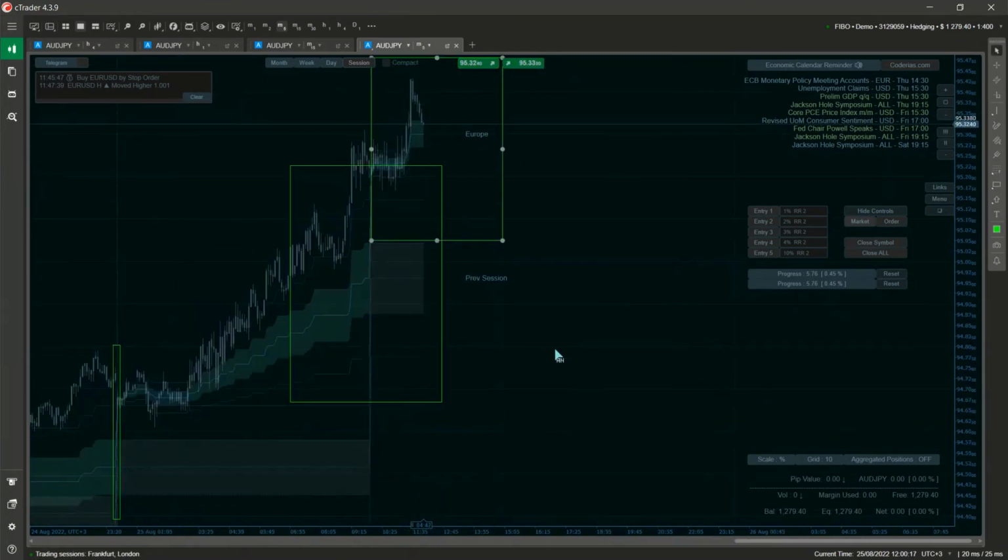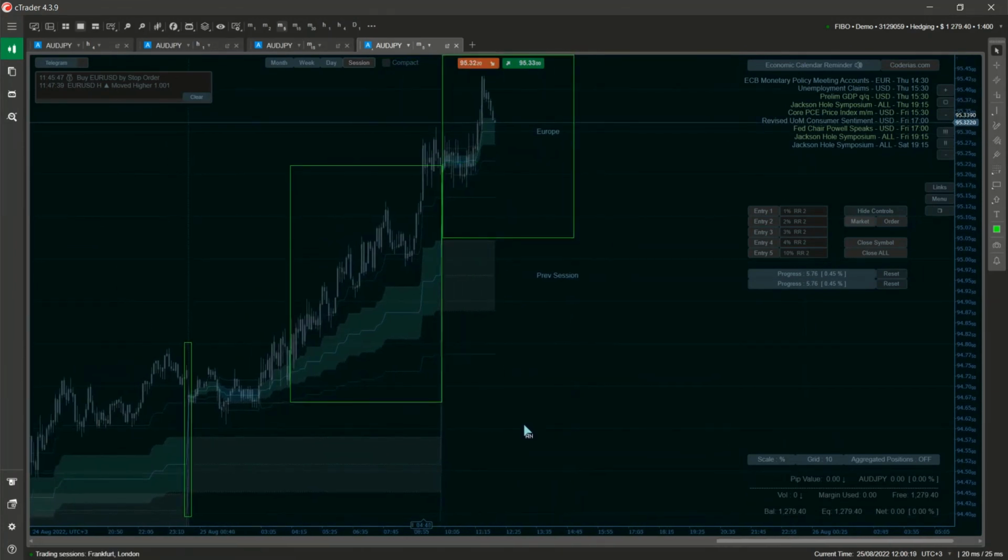So we can look that in Asia session we had entry point here when price showed us its intentions, corrected,